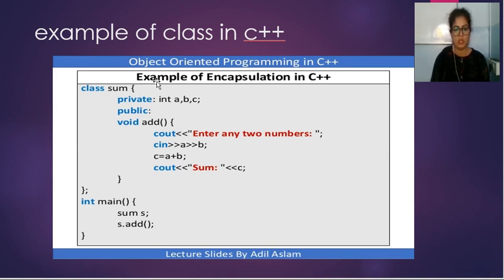Here you can check that the data members, that is a, b, c, and the member function add, are all at a single place, under a single class, that is sum. So that's why it is also an example of encapsulation. You can use this example anywhere you have to explain the concept of class, objects, and encapsulation.